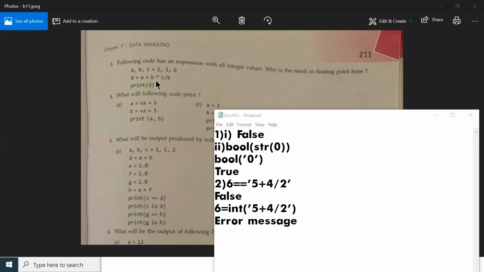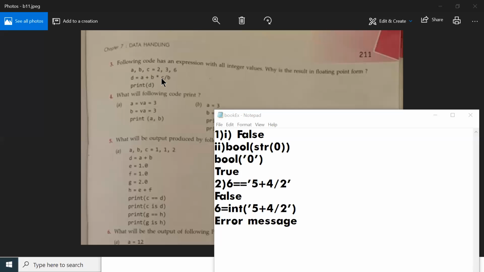After evaluating b star c, that will be divided by b. When you divide integer by integer, the result of a division is always a floating point value. When you multiply two integers, you will get an integer as a result.